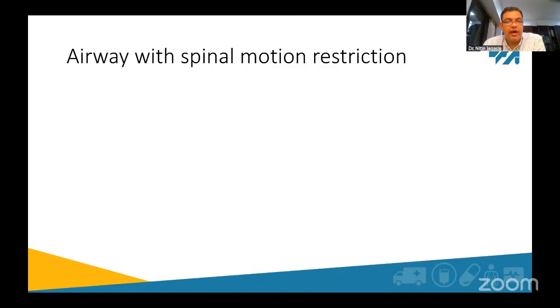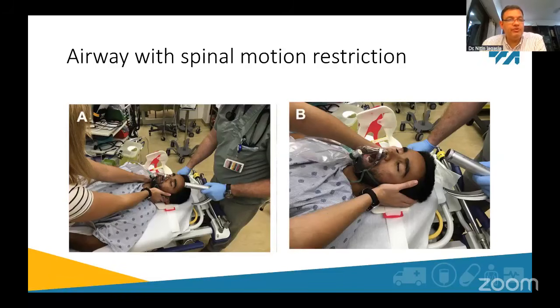We talked about spinal motion restriction. The difference from immobilization is that with immobilization we would not allow the spine to move at all. But that has now, for a long time, changed to spinal motion restriction. What that essentially means is that whatever procedures or treatment we do, and when we are moving them to scan or back to the operation theater, we minimize or restrict the movement. We don't immobilize the spine, but we restrict any movement with respect to the spine.